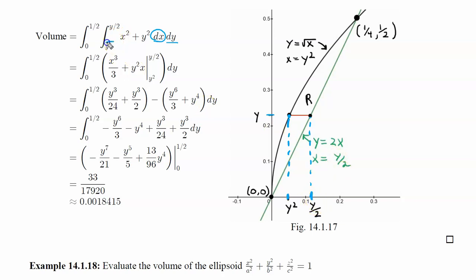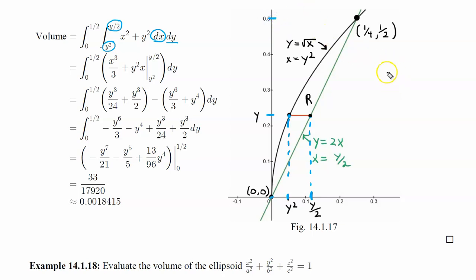So those are going to be our first limits of integration with respect to x first. So the x is going to vary from y squared to y over 2. Notice we go lower to upper, lower curve to upper curve. Then this y was initially held fixed. Now we have to think, what does it vary from to get our outer limits of integration? Well, we can see it's going to vary from that intersection point up to this point right here on the y-axis.